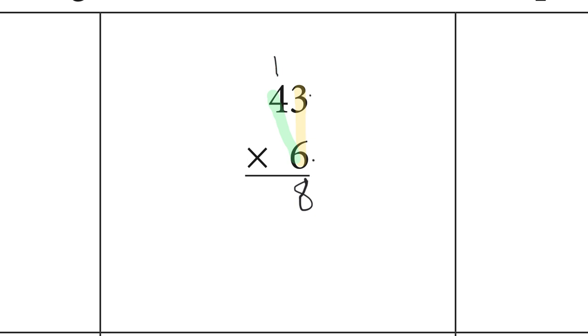You're going to carry the 1. 1, 8, there's my 18. Step 2 is to take 6 times 4. We know that 6 times 4, I could write it over here. Didn't write it very well, but there it is, 24. But we also must remember to add the 1 that we carried. So 24, and then I add 1, I should have 25, which I will put next to my 8. So the answer is